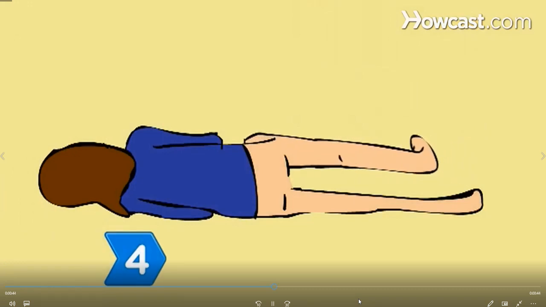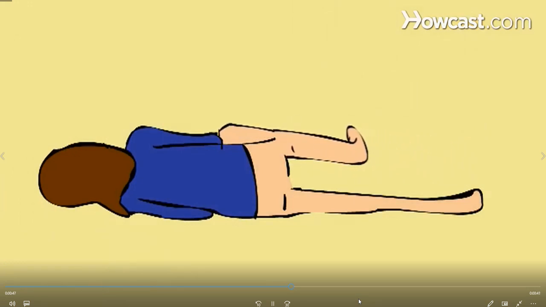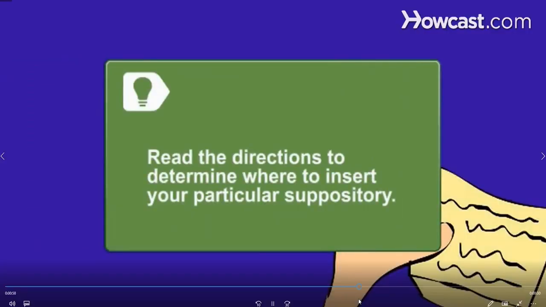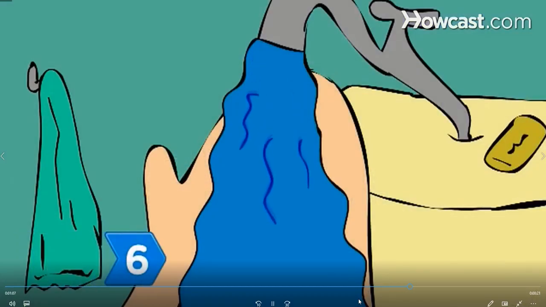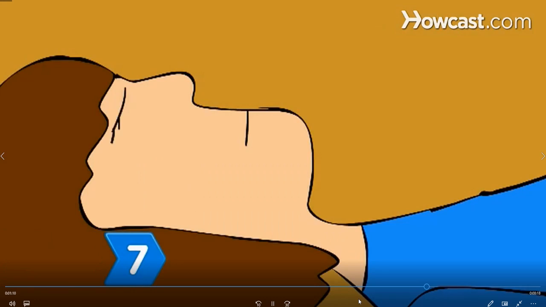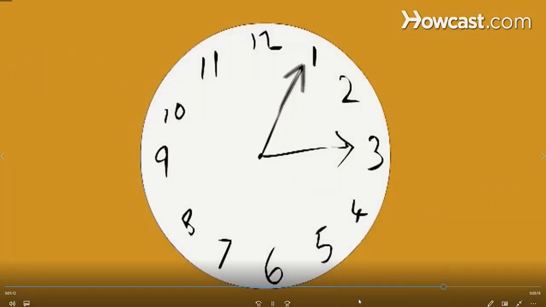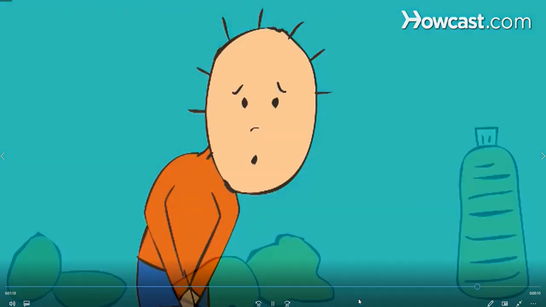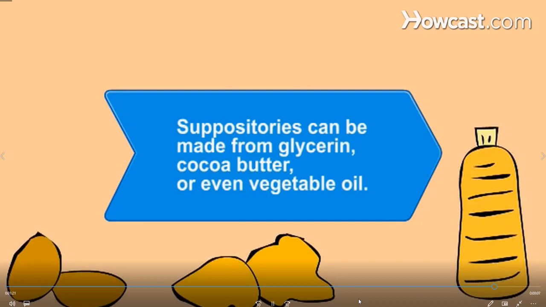Step 4. Squat or lie down on your side, bending one leg up and keeping the other leg straight out. Step 5. Insert the suppository, pointed end first, gently. Push until it is completely inserted and squeeze your legs and buttocks together. Suppositories may be inserted rectally, vaginally, or in the urethra, depending on their purpose. Be sure to read the directions to determine where your particular suppository should be inserted. Step 6. Wash your hands thoroughly. Step 7. Lie down and rest for up to 15 minutes to give the suppository time to be absorbed. Step 8. Wait to use the restroom for at least 1 hour after insertion. Did you know? Suppositories are generally made of an oil medium such as glycerin, cocoa butter, or vegetable oil, and